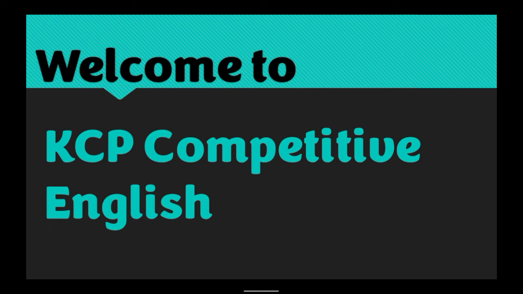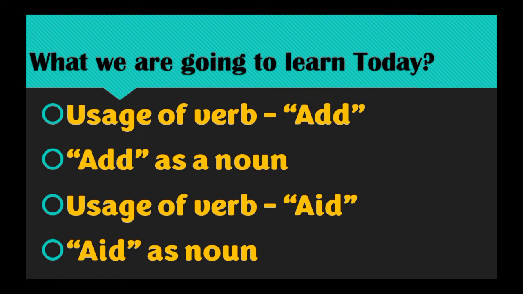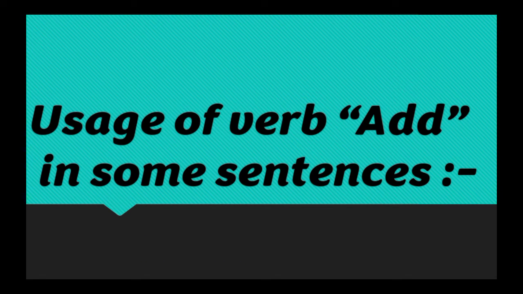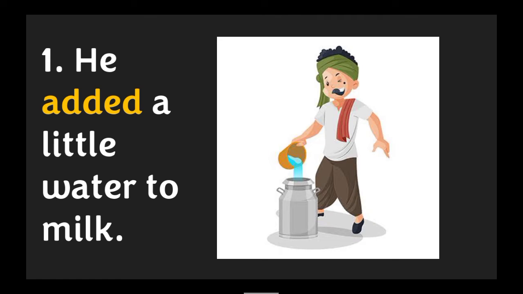First we shall come to the word add. It is a regular verb. Past tense and past participle will be formed with -ed. Sentence number 1. He added a little water to milk. He added a little water to milk. What is the basic meaning of add? Add, verb, the basic meaning is join something to something else so as to increase the size, number, amount